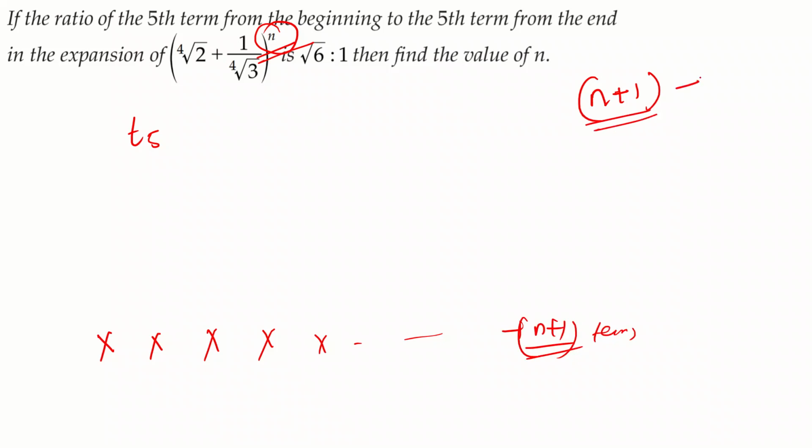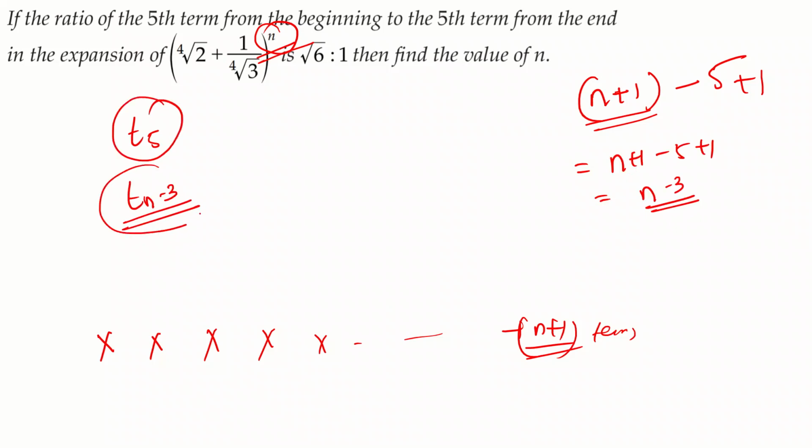Then to find the fifth term from the end, you subtract 5 and then add 1 to reach that term, because on subtracting 5, you are cancelling out that term. You are reaching the term before that term. So we add 1 to reach that term. So what is the rank of this term from the beginning? It is n plus 1 minus 5 plus 1, which is n plus 2 minus 5, that is n minus 3. So Tn minus 3 we have to find out. These are the two terms that are required. The fifth term from the beginning is definitely T5, and the fifth term from the end is the (n minus 3)th term from the beginning.